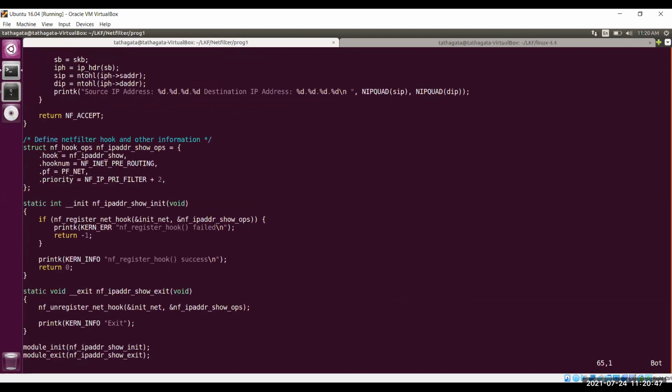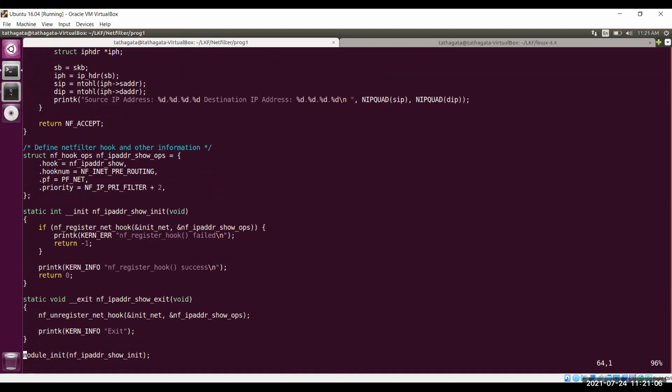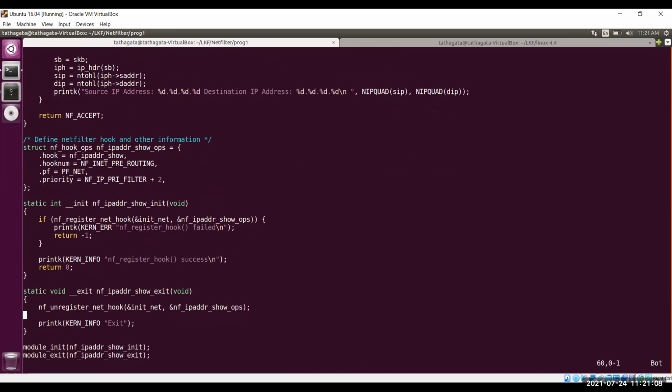This code is actually showing the source IP and the destination IP, nothing else. It is very straightforward, just showing you how you can specify the hook points. As we have shown in the PPT also, here we are just registering the hook point with my own structure. This structure is defined here.